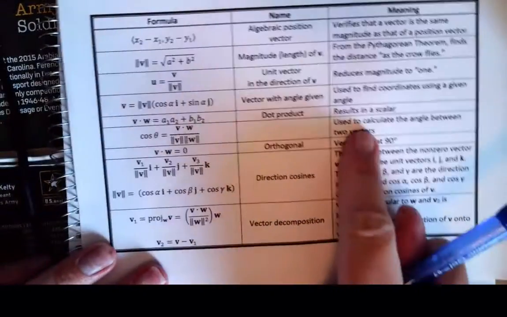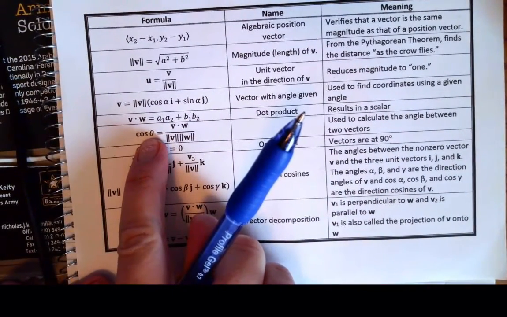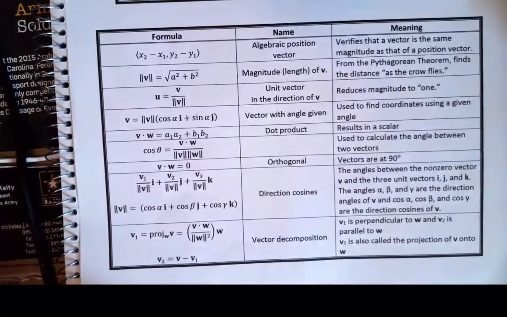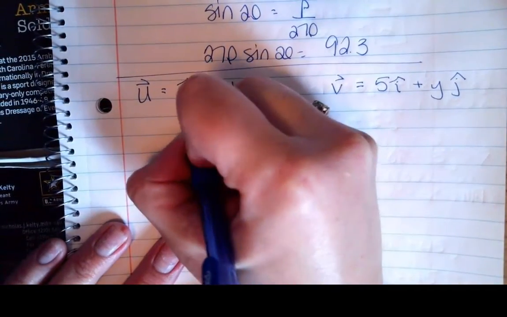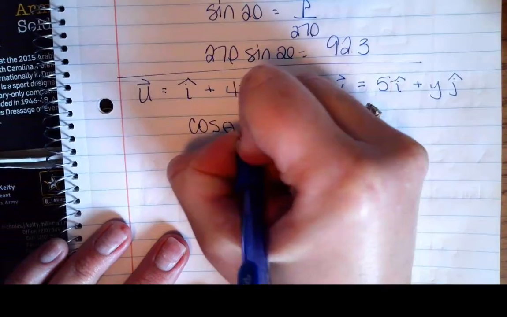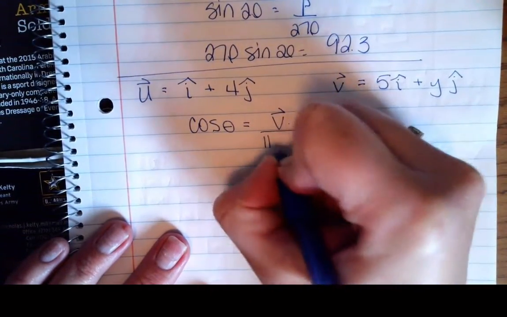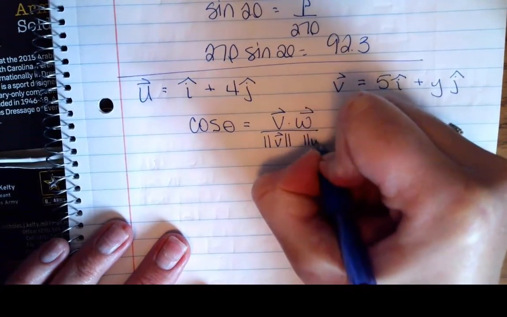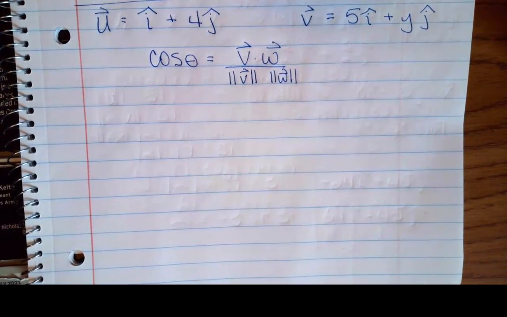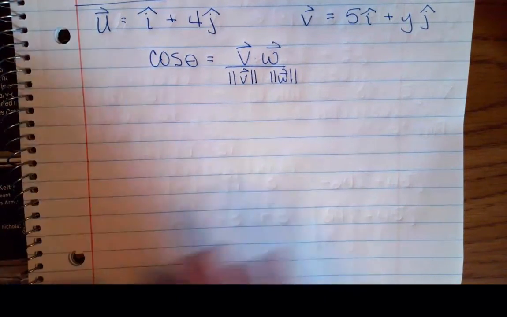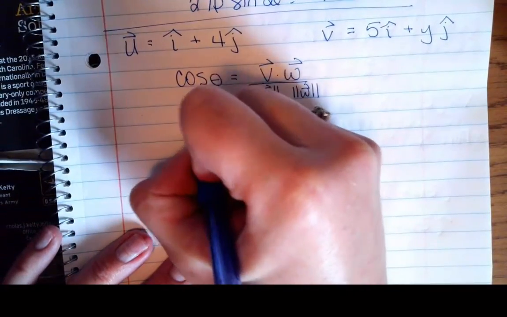All right, so how do I calculate the angle between two vectors? I'm going to use the cosine of theta equals the dot product divided by the product of their magnitudes. So the cosine of theta will equal their dot product divided by the product of their magnitudes. In this case, I want to ensure that the angle between these is 30 degrees. So I've got the cosine of 30 degrees